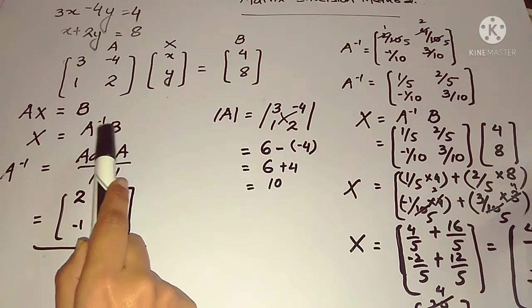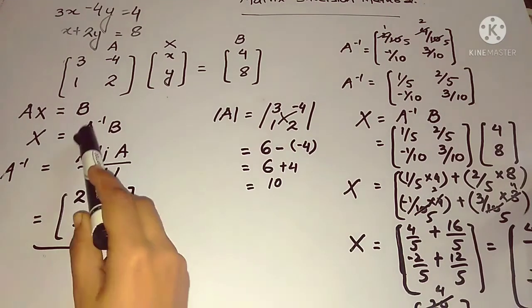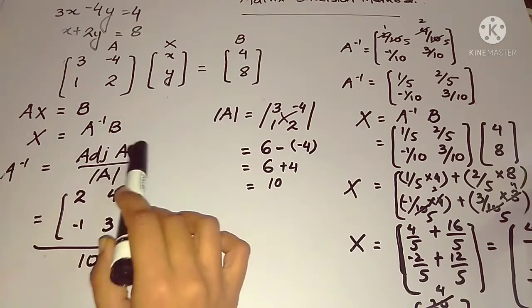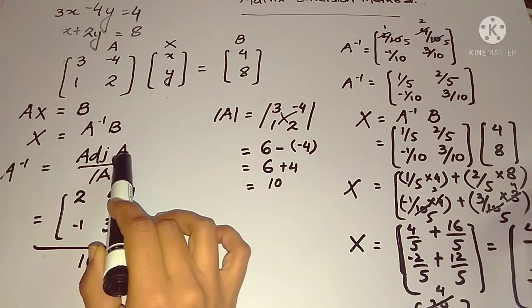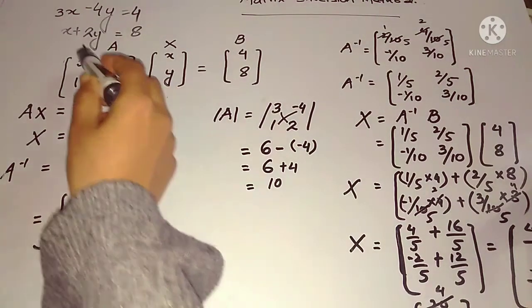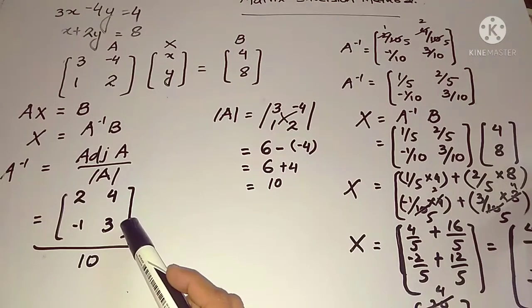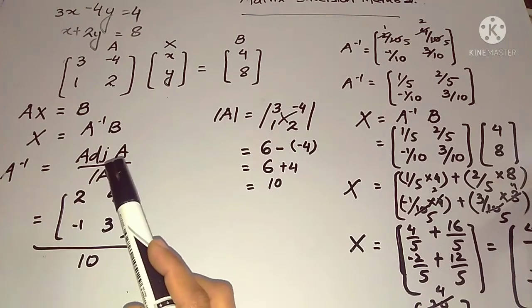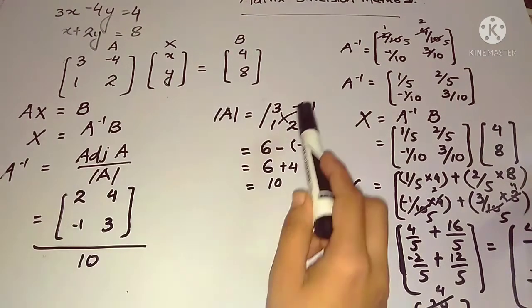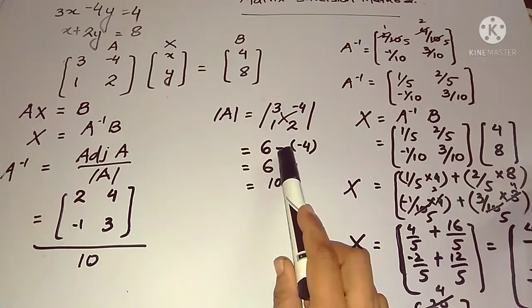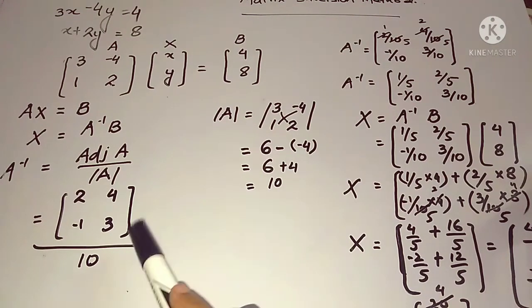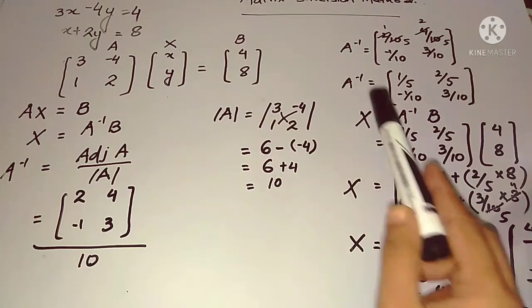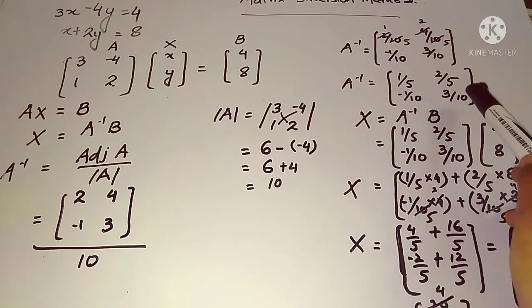When we move it across, it will become the inverse. Now, what is A inverse? You have to use the formula, which is adjoint of A over determinant of A. Now, what is adjoint of A? To find the adjoint of A, you have to change these two positions and you have to change the signs of these two. This is how. And what is the determinant of A? You have to multiply these two numbers and then multiply these two numbers, and in between you will put the minus sign. Minus minus is plus, you got that. Now, in place of the determinant of A, you will put 10. Now, you will divide all the entries by 10. This is how, and you got 1 by 5, 2 by 5, minus 1 by 10 and 3 by 10.